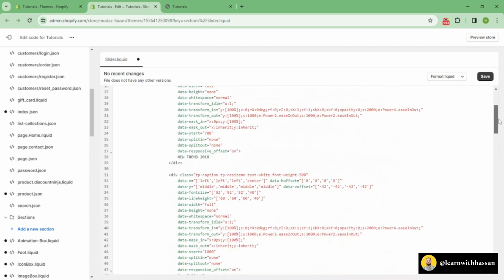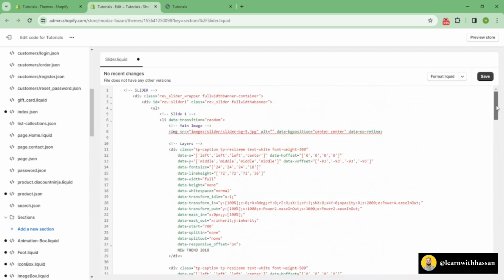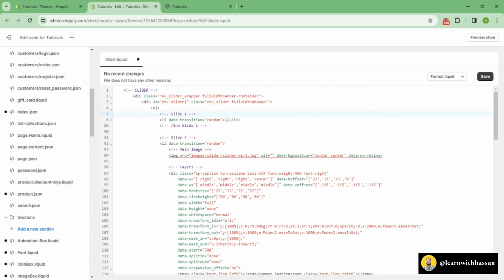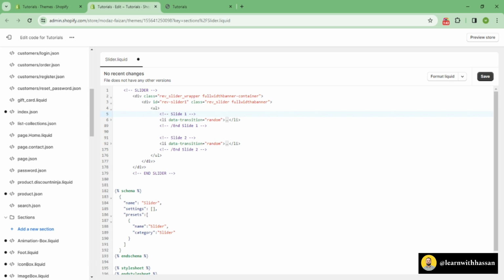Now, if we look to our code, we will see that there is option to add two sliders. But if we want to make a slider dynamic, it should be up to us to add how many slides. So to add slides on loop, we will use block in our schema, and we will use for loop to add as many sliders as we want. For that, first of all, I will remove this second slider,